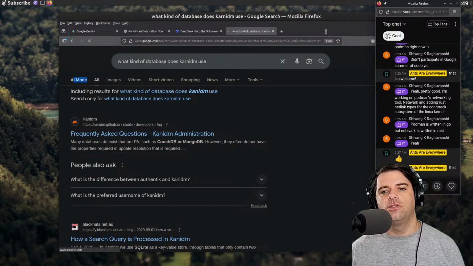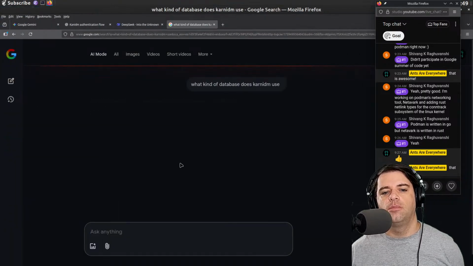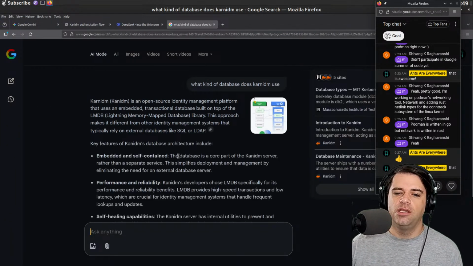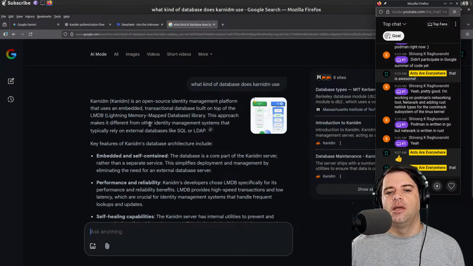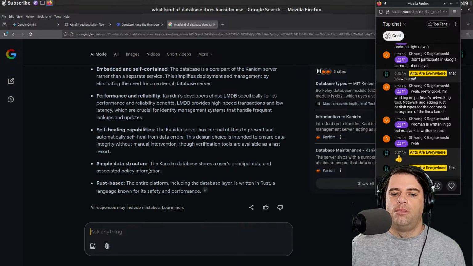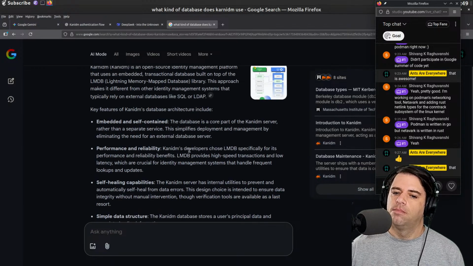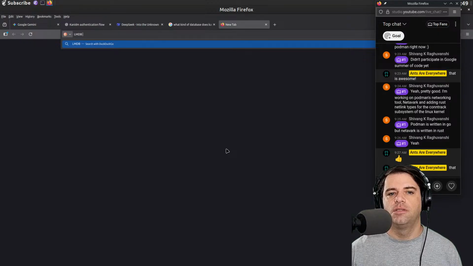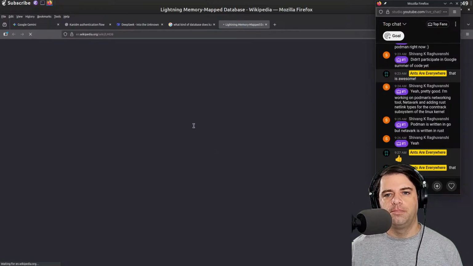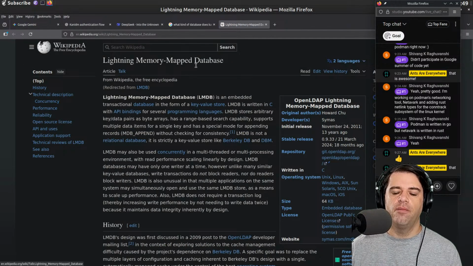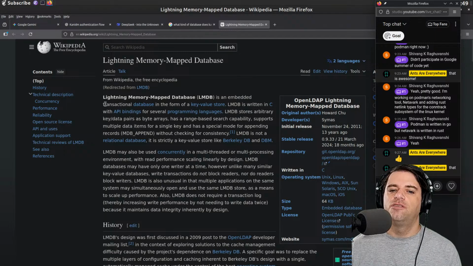I've been finding Google's AI mode to be maybe the best mix of speed and reasonably accurate. No, LMDB. LMDB specifically for its performance and reliability benefits. Is that true? Lightning Memory Map Database is an embedded transactional database.